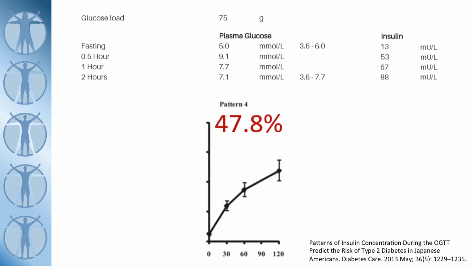What about this individual? Their insulin levels are not as high. Doesn't look as bad, right? But it's the duration and the timing of the peak which is also essential. We can see here, it's constantly going up. There's no peak in the first 2 hours. Chance of progression to diabetes in the next 10 years or so? About 1 in 2.